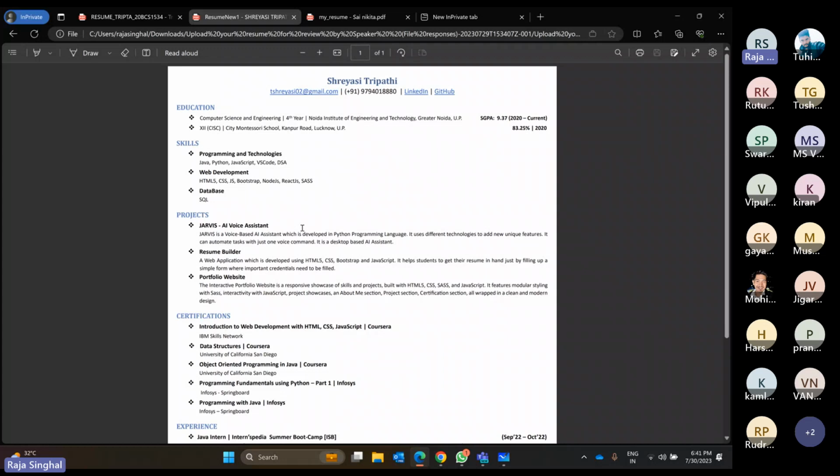Also, whenever you are creating projects, try to add some features which are unique, and you can highlight those features in your resume to improve your project quality as well. Sometimes we build projects which are commonly used in all the resumes.